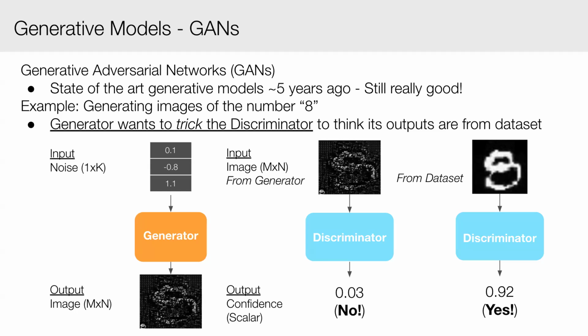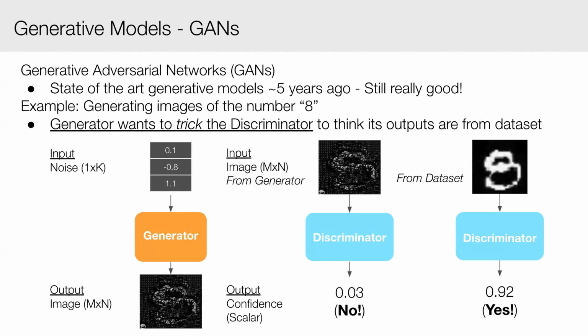So we go from an input of just noise. It contains no meaningful information. And then, at least, we try to generate an image from that. So you can kind of make out a number eight. It's not super good, right? So after our generator does its best to generate a bunch of images,